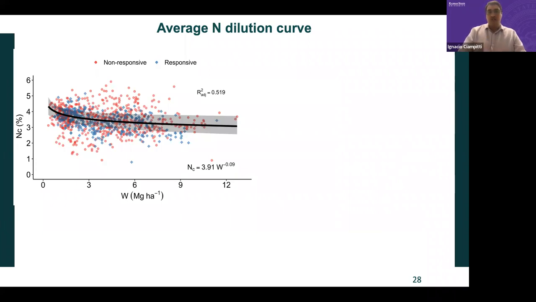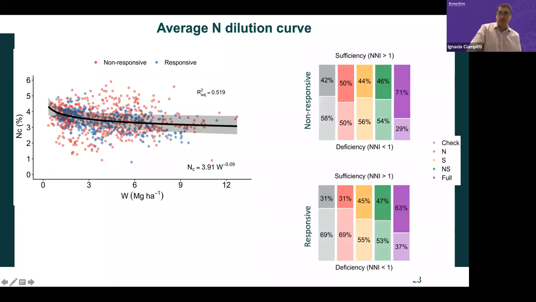So we start using this concept, the nitrogen nutrition index. As the plants are growing, the plants are diluting nitrogen. Early season, those plants have a high concentration of nitrogen. Late season, as the plants are growing, they have a lower concentration. This shows the changes in concentration as the plant is growing. And we try to use this slope to quantify scenarios where plants are under deficiency, below this line, and in sufficiency or luxury when they are above the line, okay? And this was the main idea.